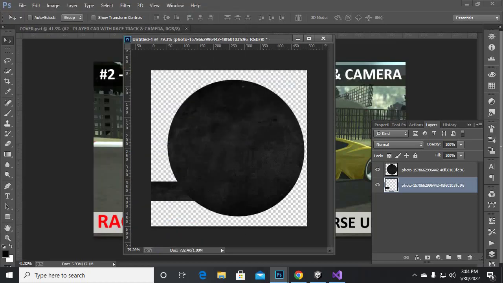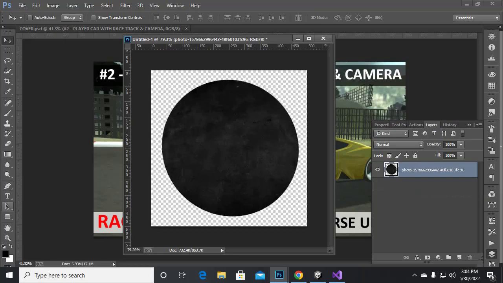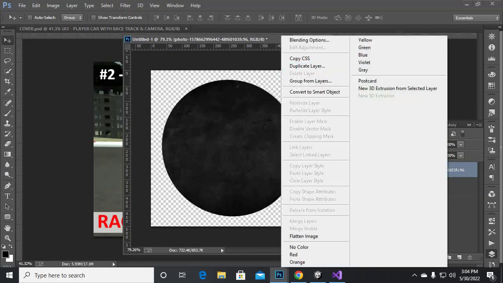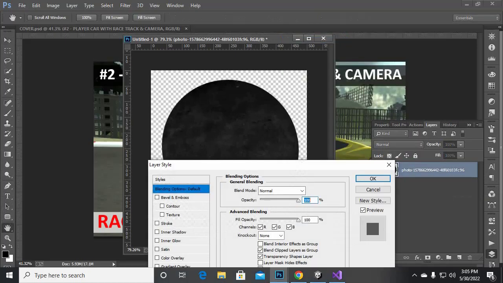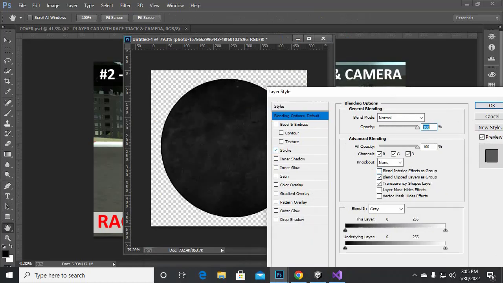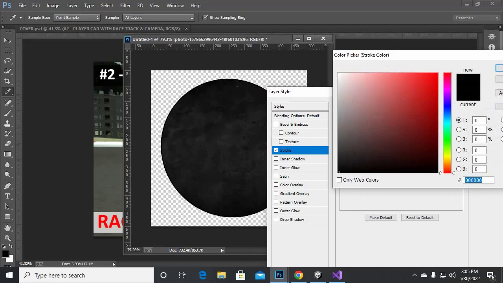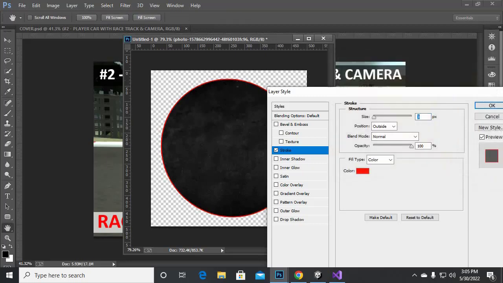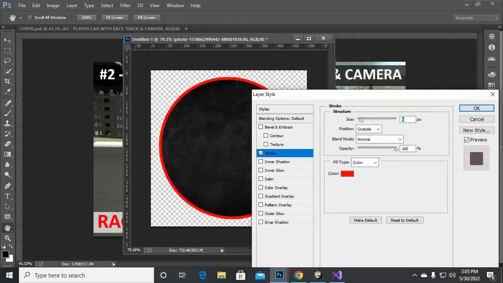Also we need a ring for this, so I will just delete this thing, we don't need it. And for the ring I will bring it here maybe, and for the ring I will just go to blending options, and let's go to stroke, and we'll just pick a color of stroke, maybe something like orange, dark orange, or maybe red. Let's apply red, and we'll just increase the size of this ring, something like